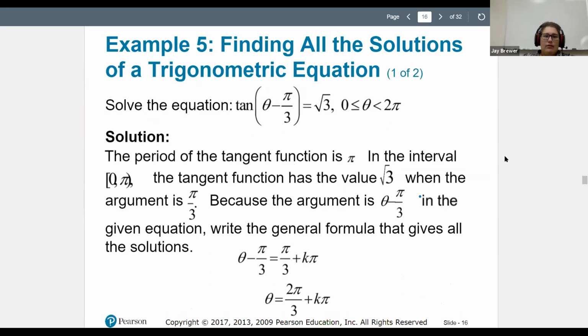All right, so here it's reminding you that the period of tangent is pi. So the interval is from 0 up to pi. The tangent function has a value of radical 3 when the argument is pi over 3. Because the argument is theta minus pi over 3 in the given equation, write the general form that gives all the solutions. So you can see right here